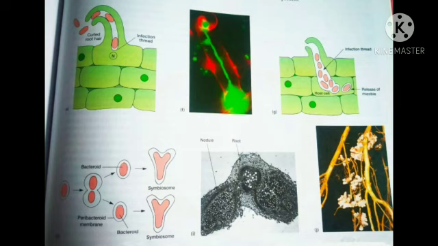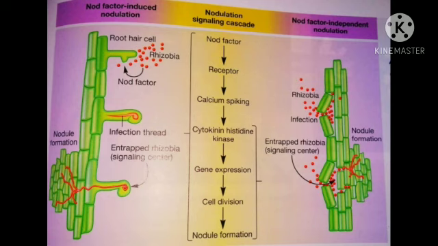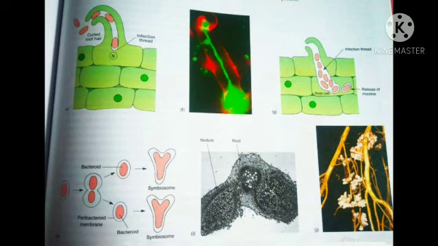Now, as the root hair cell base has been penetrated already, as we can see in the diagram, the infection thread can easily grow. This is also dependent on a plant hormone. The hormone is very common, we have all heard of it, that is cytokinin, which acts in concert with nod factor stimulation. Finally, bacteroid formation occurs. Now you will ask, what is a bacteroid? The bacterial cell differentiates into a nitrogen fixing form, and these are called bacteroids. These bacteroids differentiate into nitrogen fixing symbiosomes.